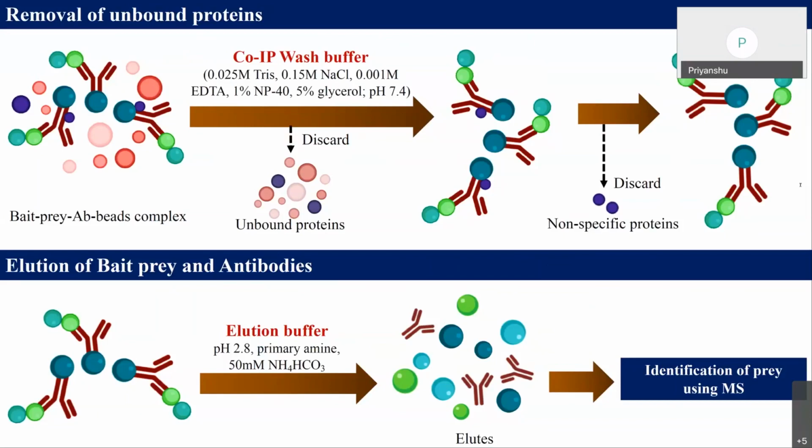These tags are only used when we don't have a specific antibody for that particular protein. But in the point of tagging at the N terminal or C terminal, it may affect the prey affinity, but these are